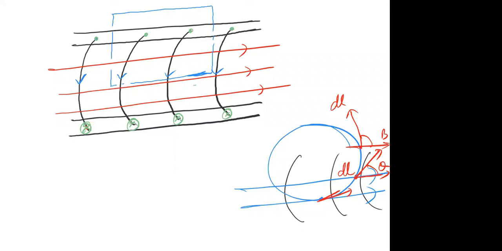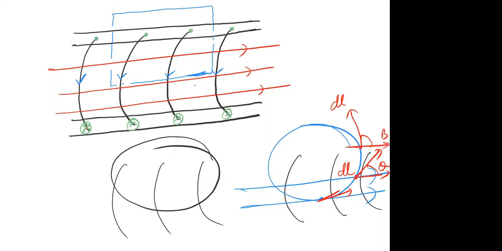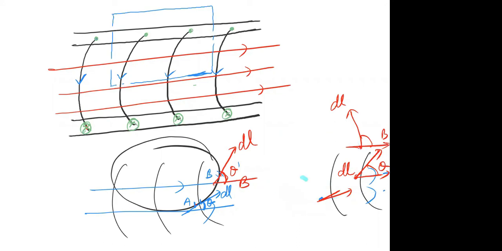Beta, if you want, I'll repeat this again. See, if I take a circular loop, I told you magnetic field is in this direction. Now let us take an element dl. dl will be tangential and magnetic field is in this direction. We will have some angle here. Similarly, if I take a tangential element at this point, dl, this will also make some angle with the magnetic field. Are these two angles same or different? Let me call this point as A and this point as B. These two angles are same or different, beta?